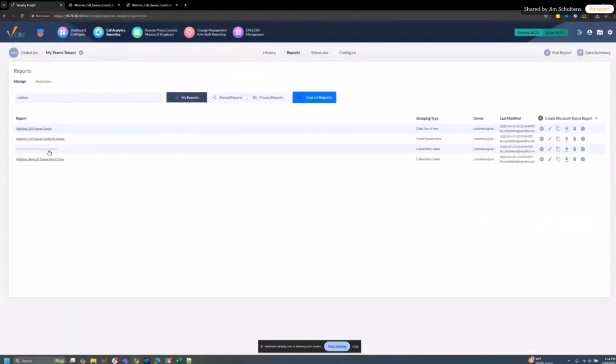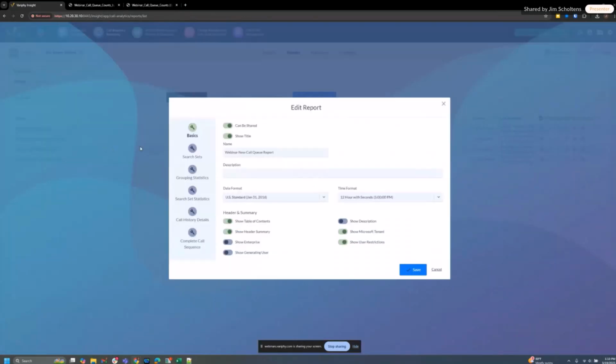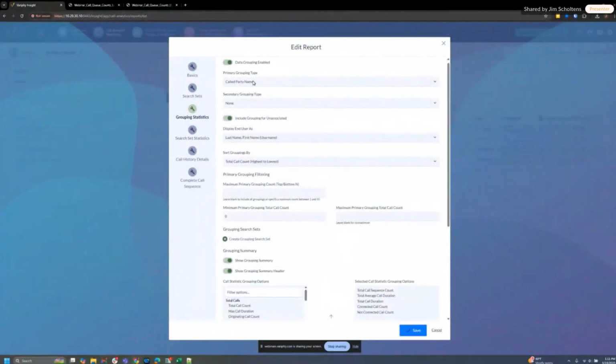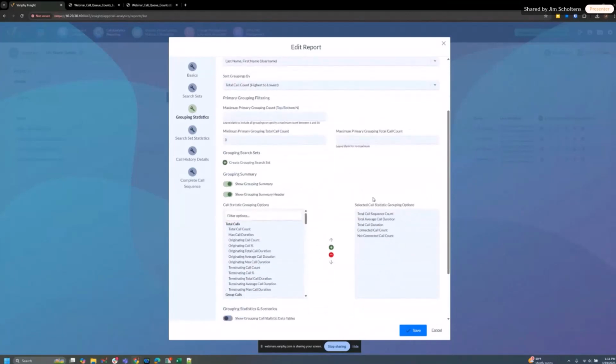The next report is who is answering my queue calls and who is not answering the queue calls. So this one, same, I'm just going to focus on one of those, the new call queue. And my grouping, I'm going to group on called party names. So that's going to come into play of who's getting these, or who are the calls presented to and whether they're answering. And my search back to grouping, and this is my stats for the people answering, the users answering the calls. So I'm going to show the total call sequence, duration, the average and total, and how many connected, how many not